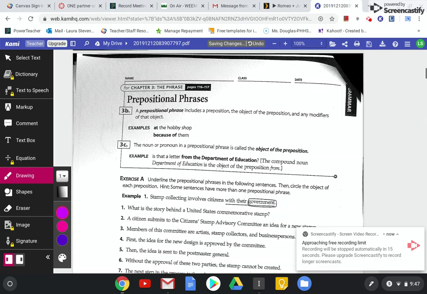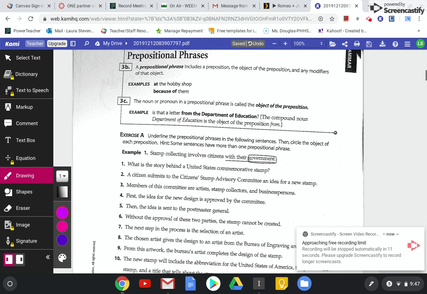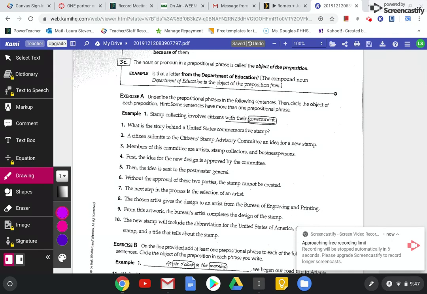Cool. And then let me see if I have time for one more. This one's kind of fun. I love these. They're fun to find when you get the hang of it, but I'm gonna make sure she has a list for you of these, but you're supposed to find the whole prepositional phrase, and then I guess you're supposed